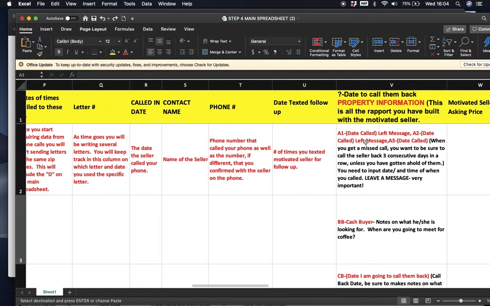Something that I want you to keep in mind. Right now, you're seeing that these columns are labeled with letters. I do not want you to pay attention to the letters. What I want you to pay attention to is the title. Do not pay attention to the letter, pay attention to the title. So the reason being is we change these